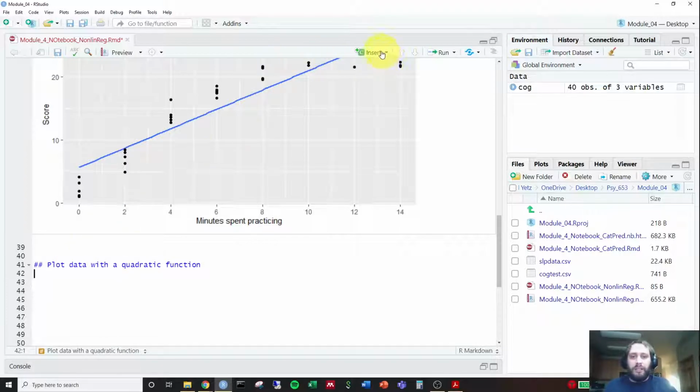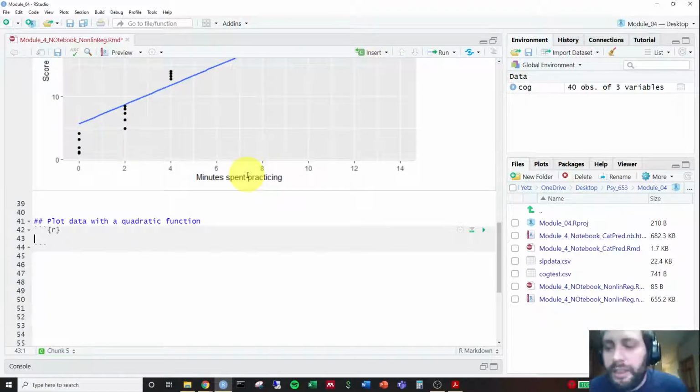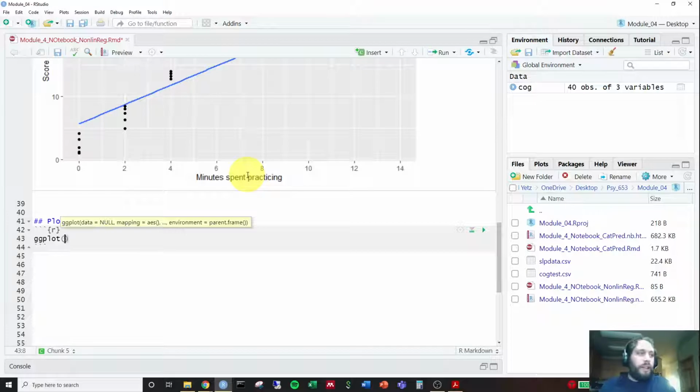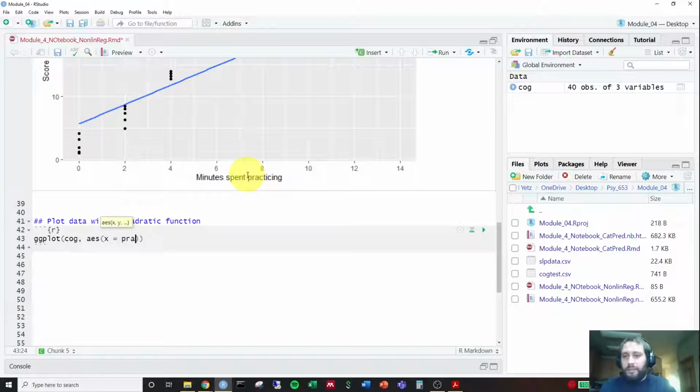Okay, so let's go ahead and insert a new R chunk. We're again going to be utilizing a lot of features associated with ggplot here. So we're going to do ggplot, then indicate our data set, which is cog, comma, aes, x equals practice, y equals score, plus, then let's do geom_smooth,